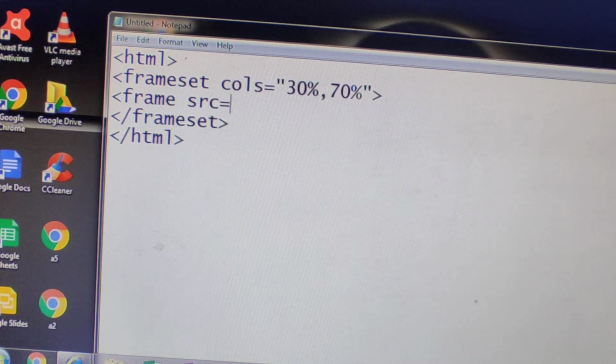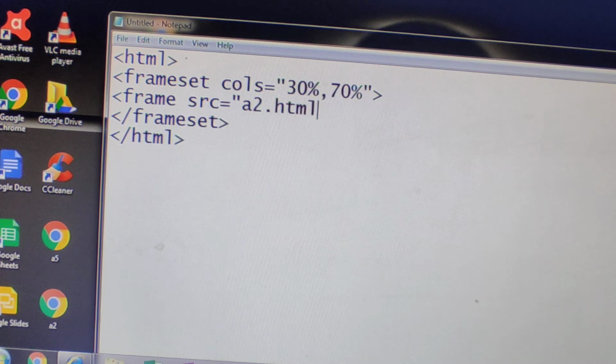Frame is nothing but a window, the first window. Now src is the attribute of that window, and in that you should give the information about which HTML program you want to execute. So here I am giving a2.html. Okay, close this.